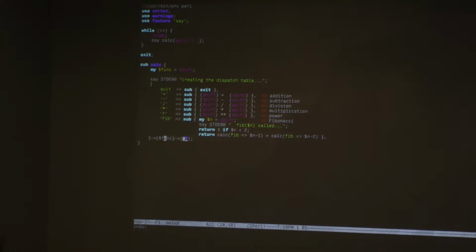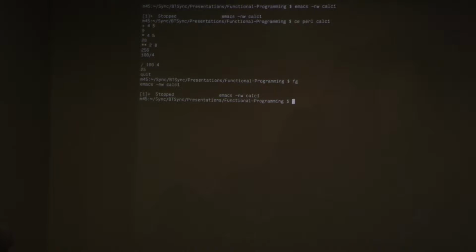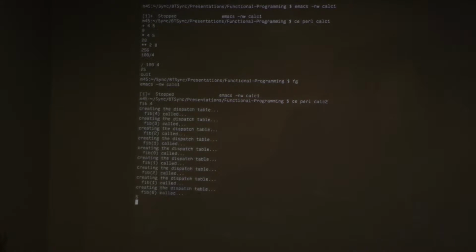We have Fibonacci here. So let's try the Fibonacci. 2 fib. So does everyone know the Fibonacci sequence? It's a mathematical sequence, and it's kind of a recursive function that calculates it. It's kind of expensive to calculate here. I added some debugging statements here so you can see some of the problems that I've created by this. We're creating the dispatch table every time we call the function. And Fibonacci is being called every time we